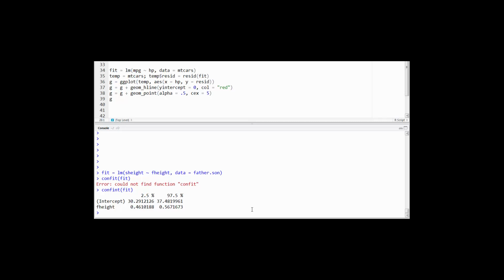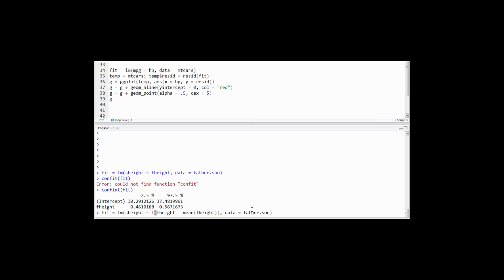An easy way to address this is to adapt the fit so that we're not fitting the father's height, but the centered father's height. So subtract off the mean of the father's height. This has to be done with the I function if you do it inside the linear model. Otherwise, you could actually create the centered variable outside using some data frame manipulations.